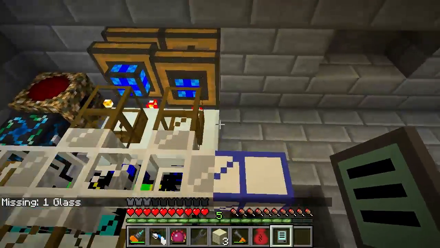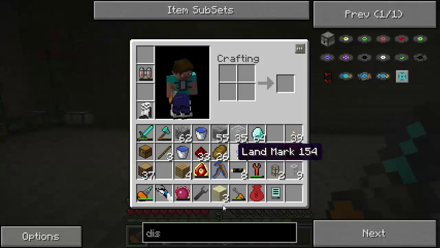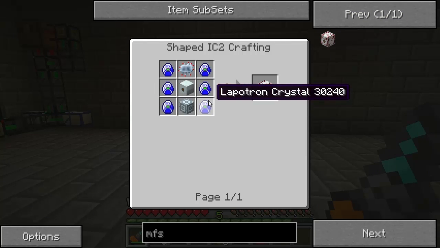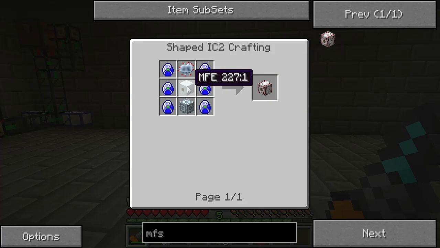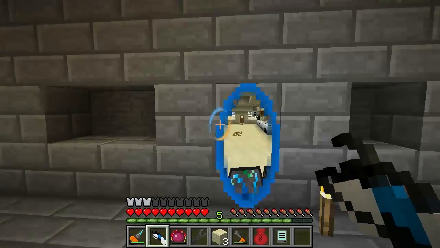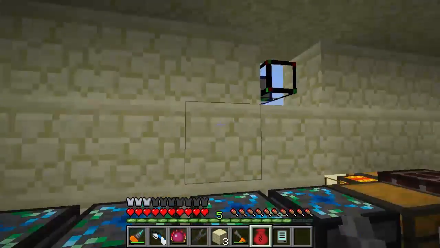It needs a place for the energy to go, of course. So what I'm going to do is, instead of making an MFE, I'm going to make a new thing called an MFSU. Wow. And this guy is expensive as. Holy moly. Okay, so I'll head home and do this because it's an easier working environment. Okay, so I need